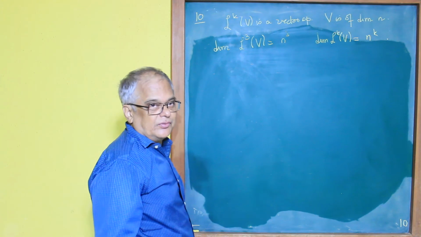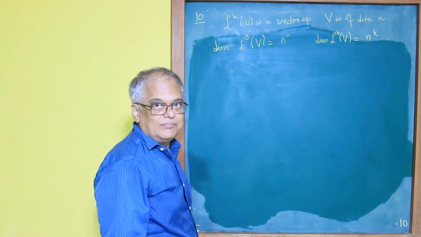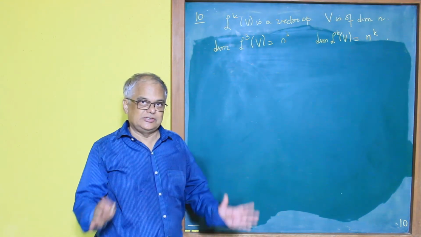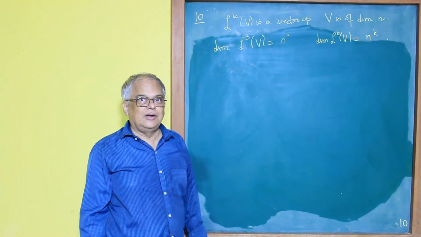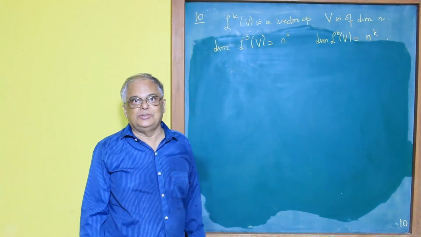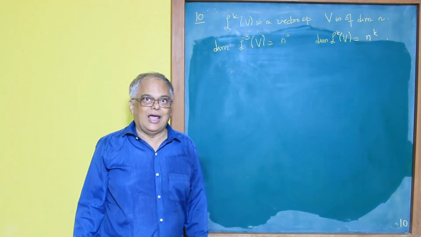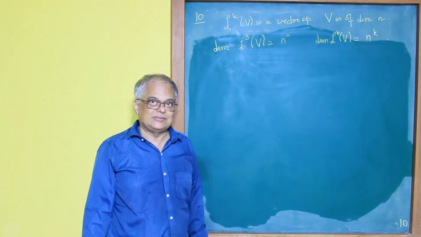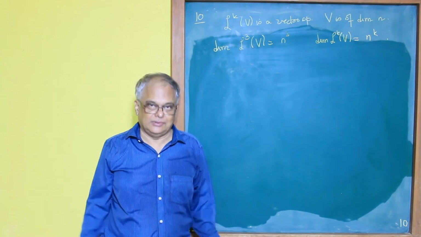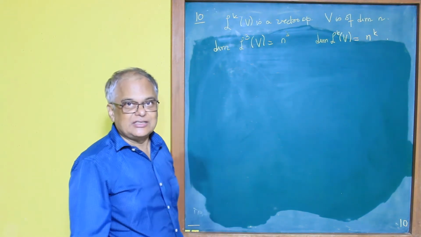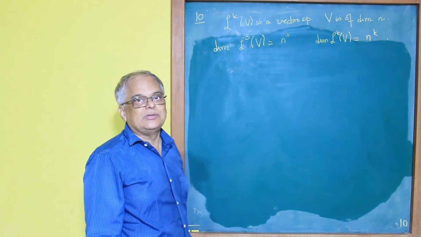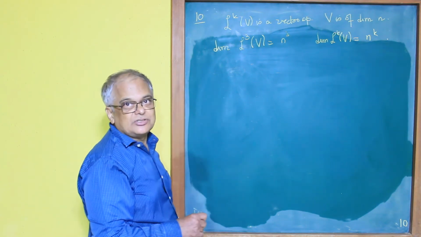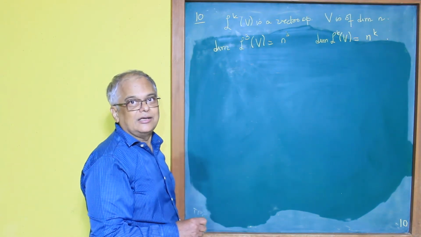So you have understood what happens to L^k(V). Now, if you recall what you had done when you were talking about vector spaces, first you studied the vector space V. But then the vector space V can change. You have another vector space W. And then what are maps between vector spaces? Maps between vector spaces have to be linear maps. The natural structure that you have is the vector space structure. So you have linear maps between vector spaces. So the question is, what happens to L^k(V) under linear maps?